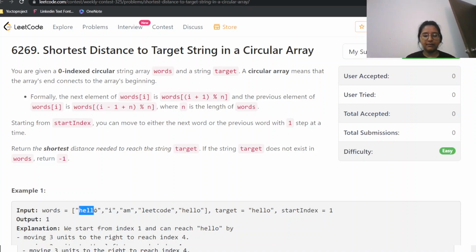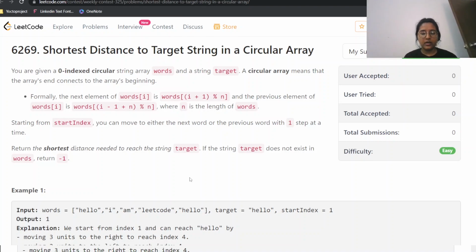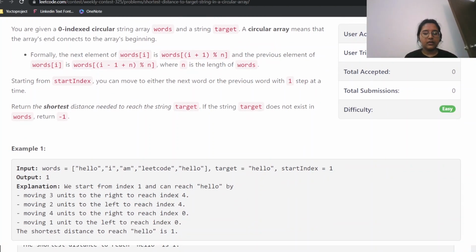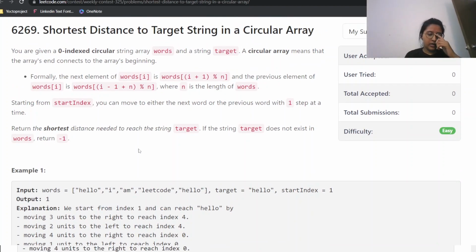And in the first example, we can see there could be multiple targets in a particular words vector of strings given as our input. So our end goal should be to return the shortest distance, and we will be returning -1 if the target doesn't exist. So that's the thing here. Now for doing this question,